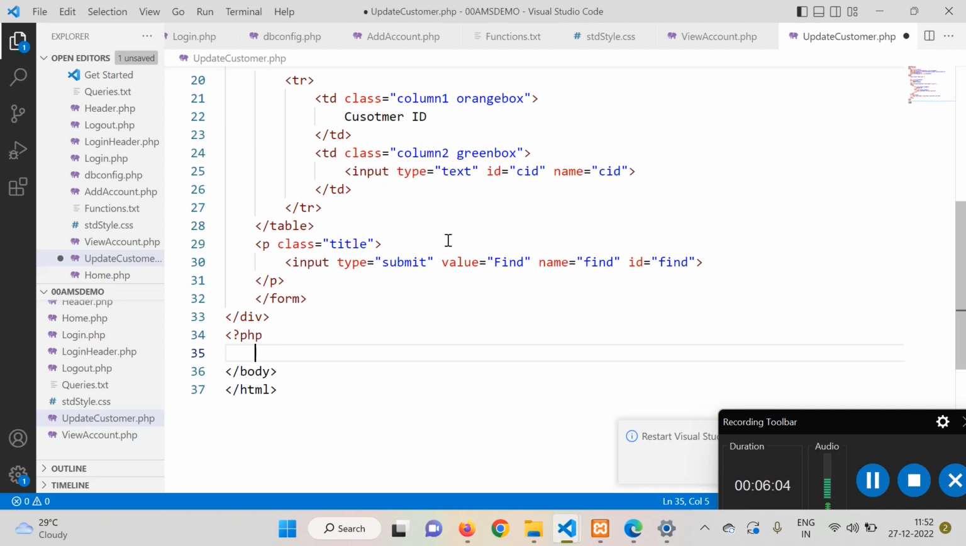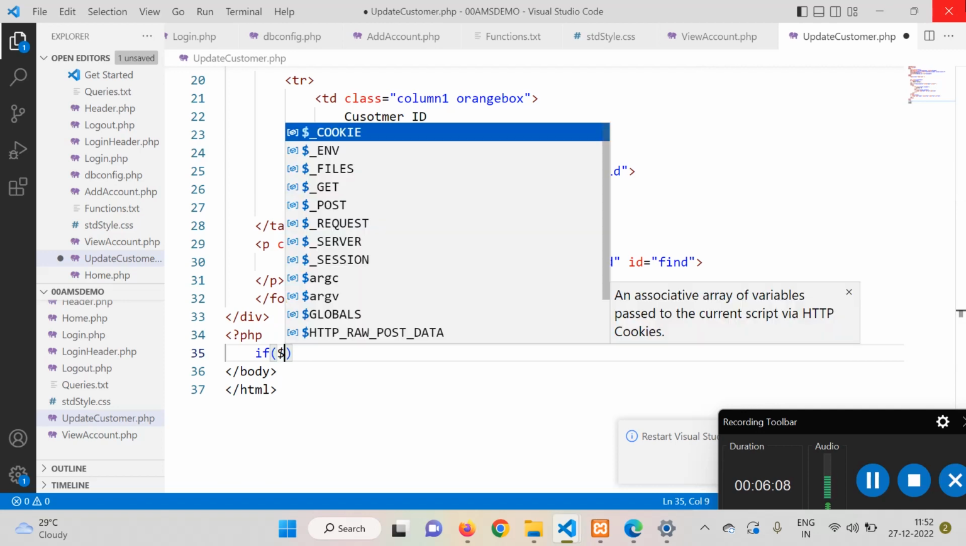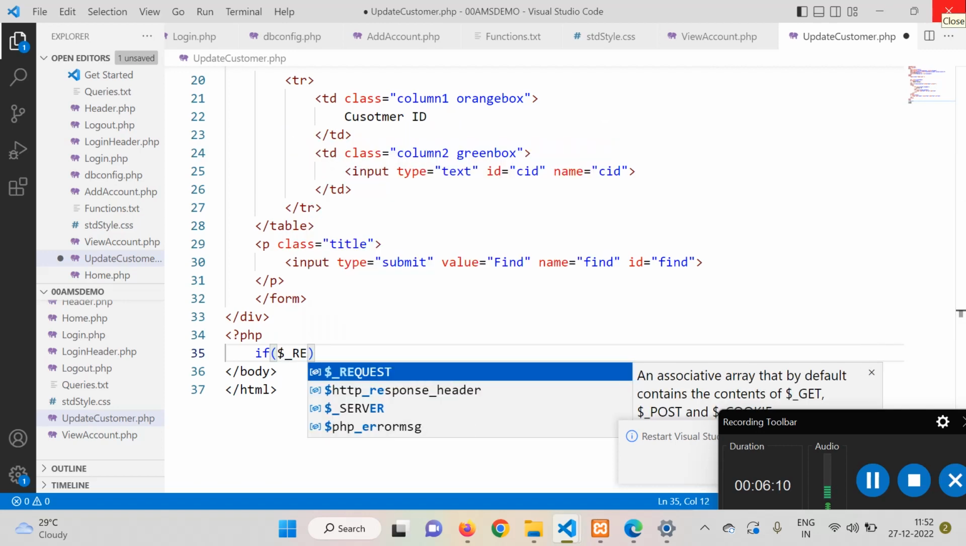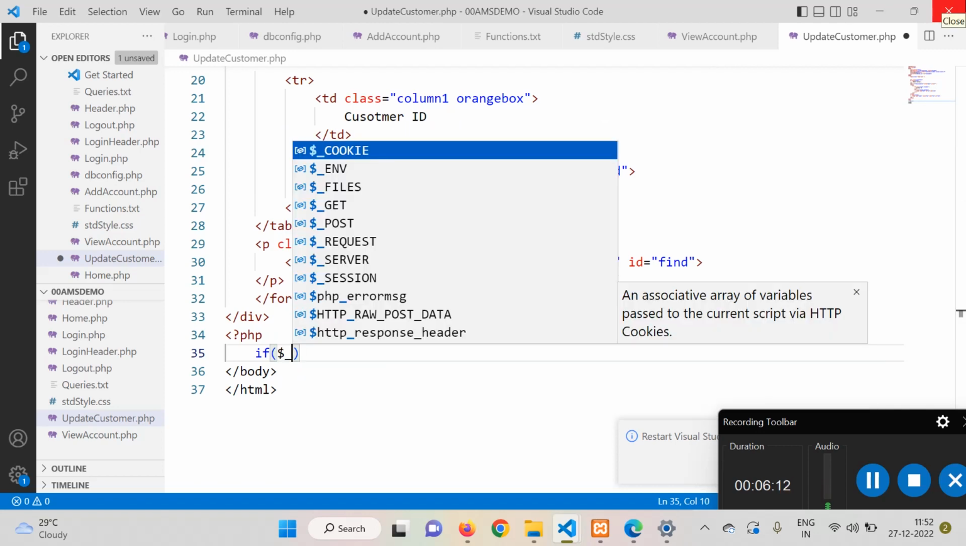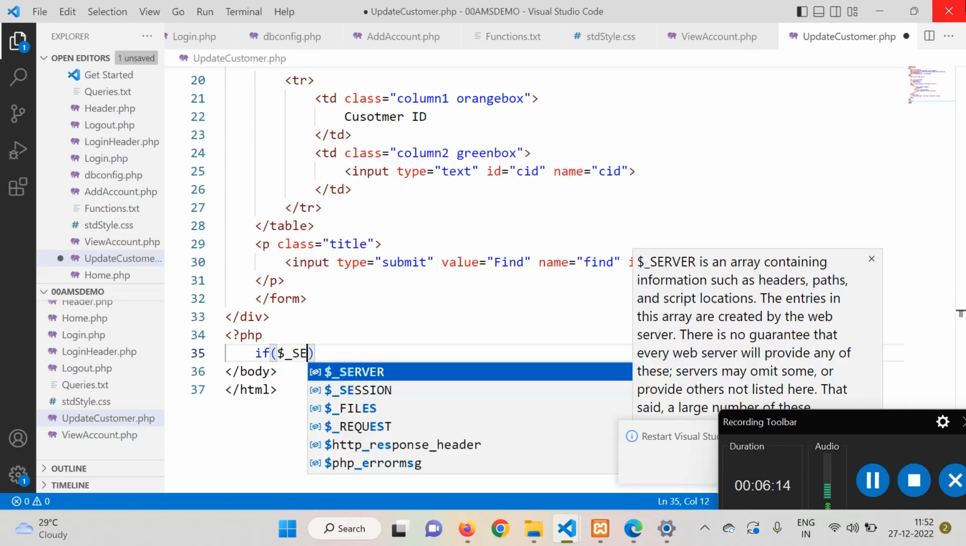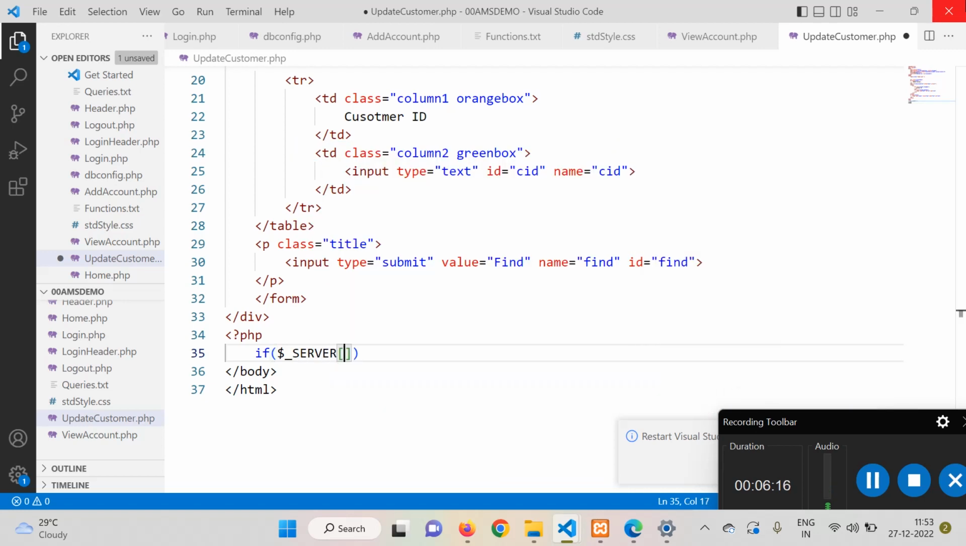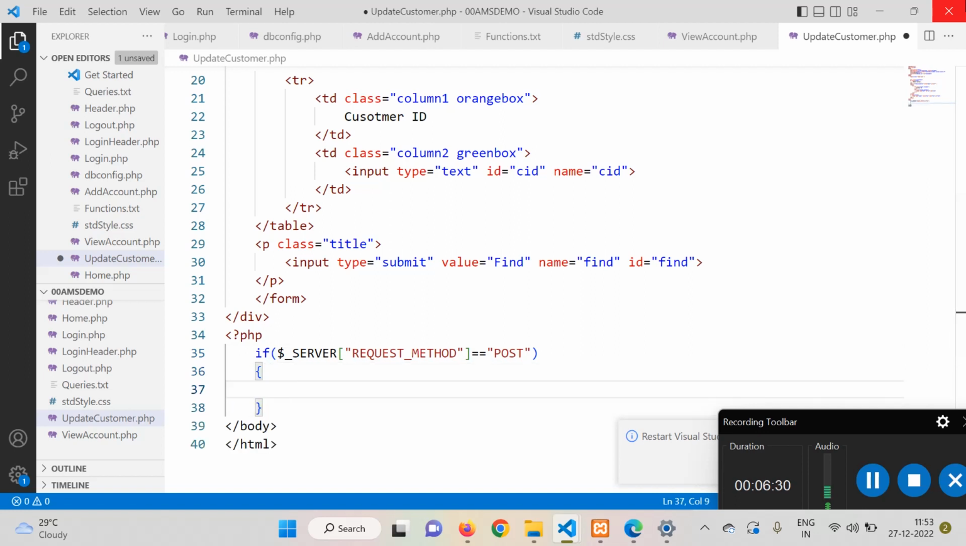I need to check that received value: if $_SERVER['REQUEST_METHOD'] is equal to POST. Okay, if the request method is POST,